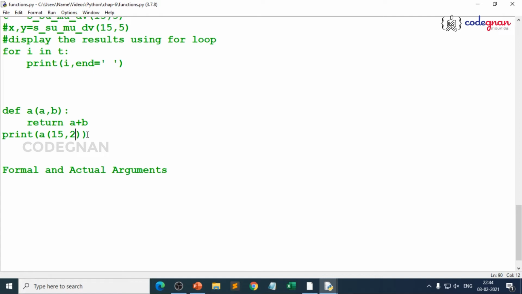Those values, when you pass them to the function when you call the function, are called actual arguments, and when you are declaring the function, they are called formal arguments. That's why I'll make it very simple. The difference between formal arguments and actual arguments is, when we define a function, because it should be very clear when we go ahead, when we define a function, we expect the values.